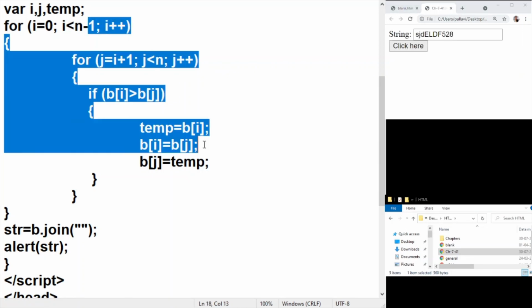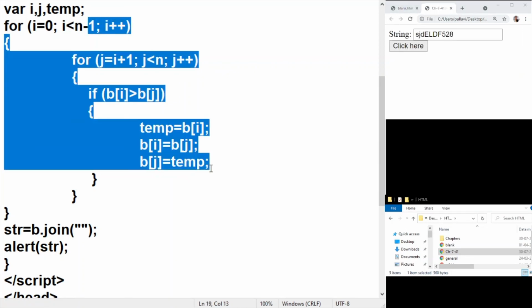Try this out with a dry run. So you use a paper and pen, draw the array, try to put in the value of i at every stage, the value of j at every stage, and see how the swapping is taking place, and that will give you a better idea of what is happening in this logic. So see you in the next one with a new definition.